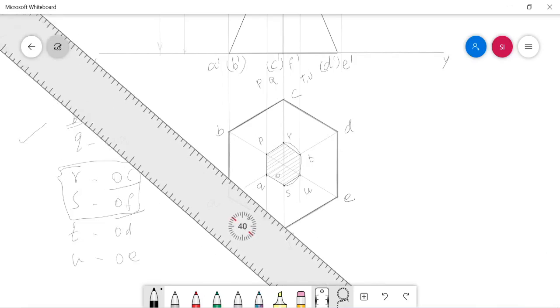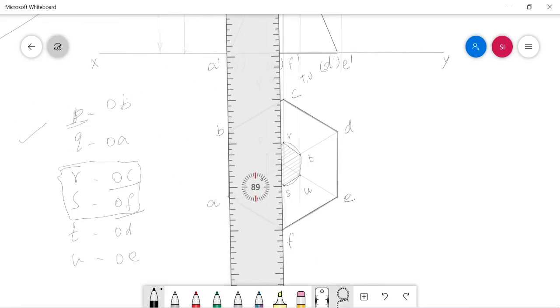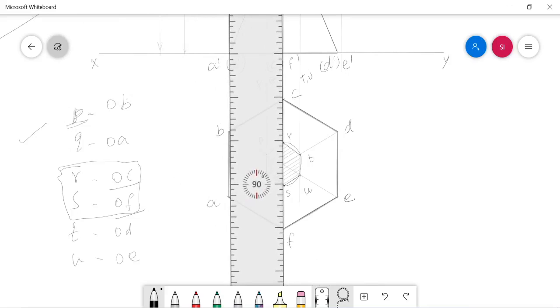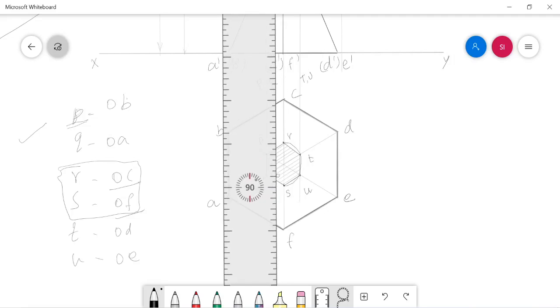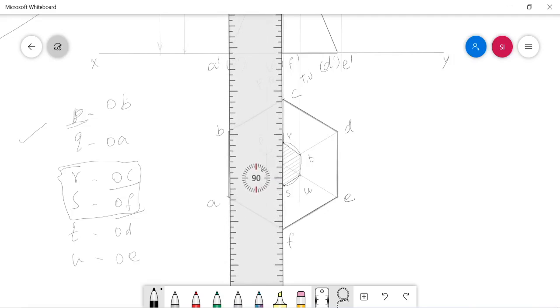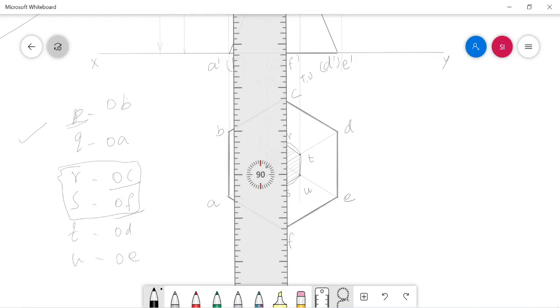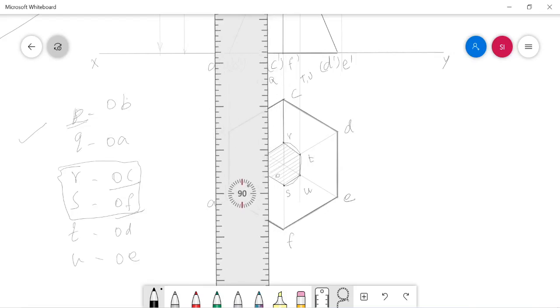In the meantime, the retained portion of the slant edges also has to be highlighted. Just before the sectioning this edge is OC, but now it is RC. So I need to highlight the RC span only. The same way, before sectioning it is OF, but now it is SF.